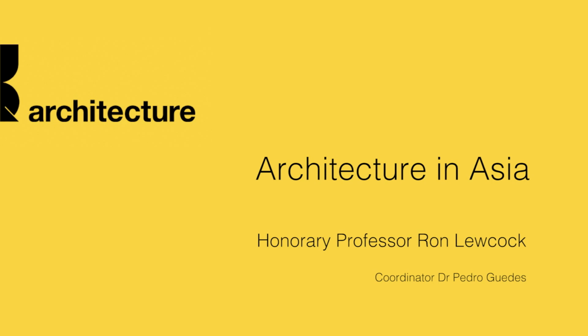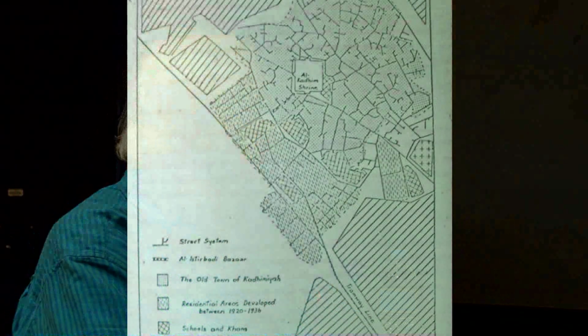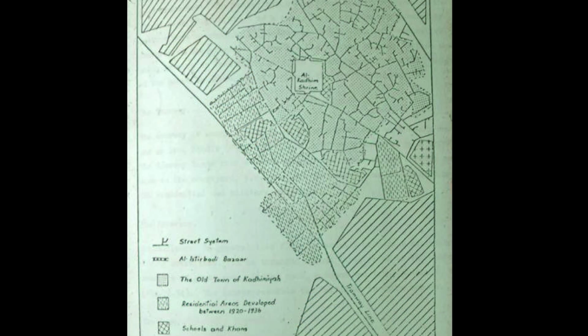So this lecture is a continuation of the last lecture. And I'd reached the point where I was talking about the three types of street that you got in an Islamic city. But of course, an Islamic city is a descendant of the ancient cities of Asia, particularly those in the Mesopotamian region. And so the types of street were a main street, or a series of main streets, often